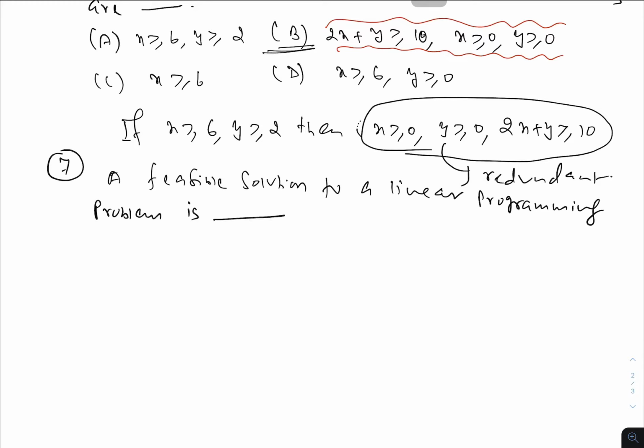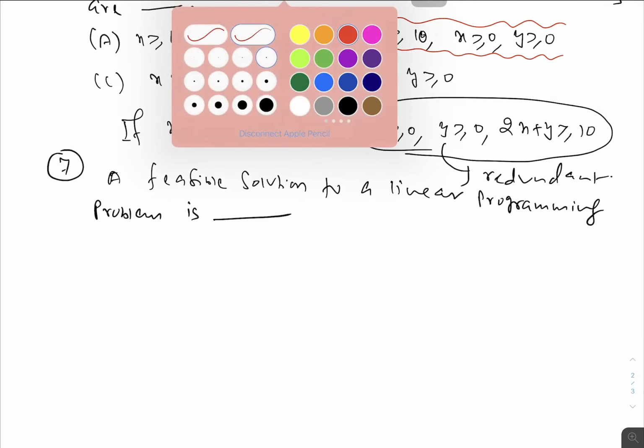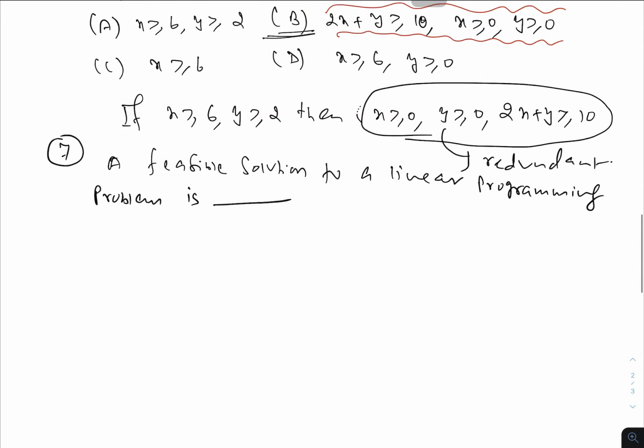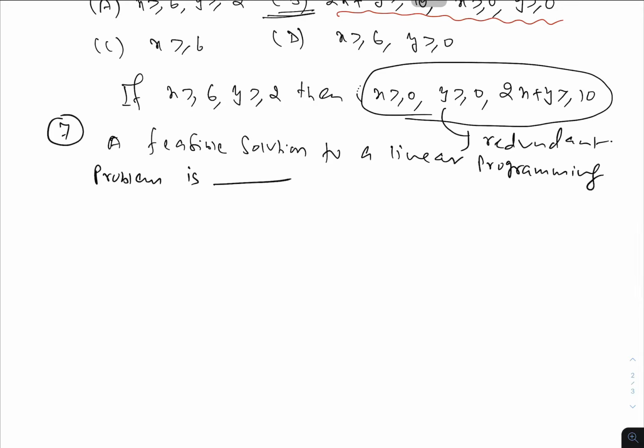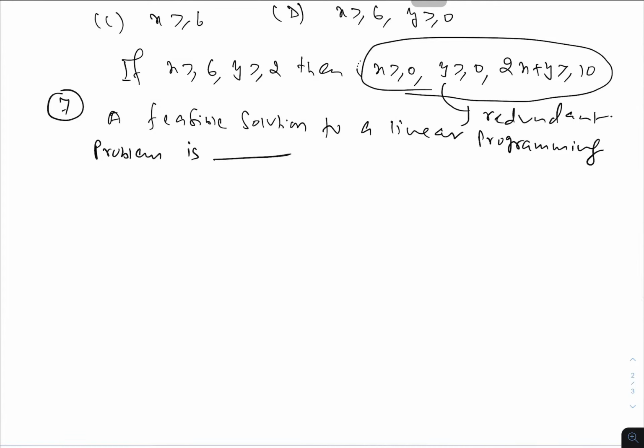Now here you are given some options, but then you need to select the correct one. So I just write down the theoretical correct one, so that out of those 4 options you need to write this one. So a feasible solution to a linear programming problem is always